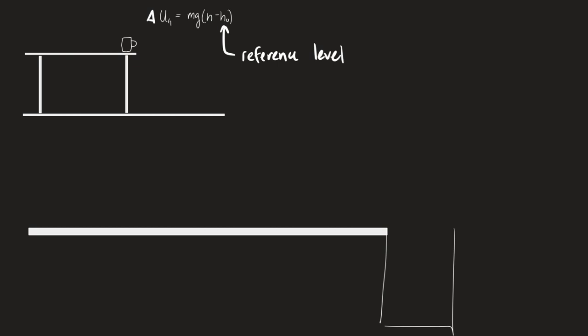Let me give you a for instance. We've seen plenty of problems where I've asked you to figure out how fast something is going when it makes it to the bottom of the ramp, right? More than enough times. What if this is our ramp? 2 meters high, I place a ball here, and I want you to figure out how fast it's going when it makes it to the bottom. I put K there because I'm trying to point you towards kinetic energy.